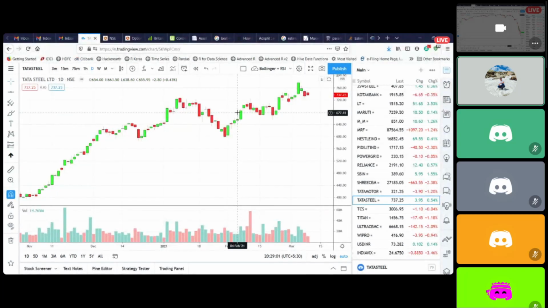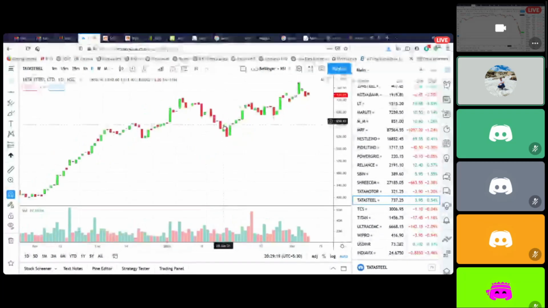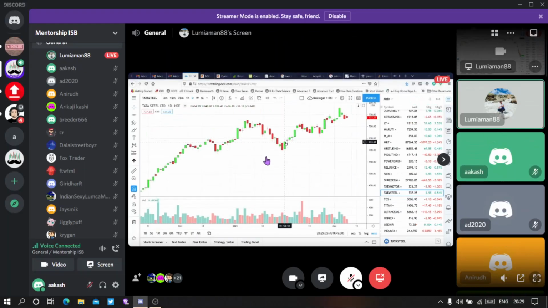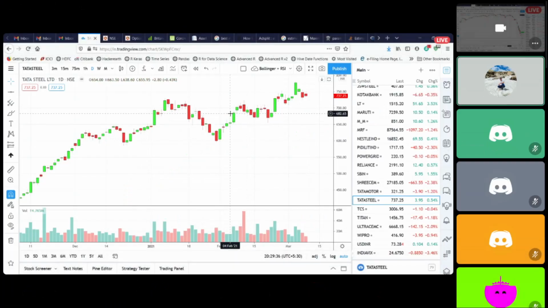That depends on how you look at it. The way I look at it is that for this position, I had a stop loss of only 5 to 6%. For this position here, now I have increased my stop loss to 15%. So my average stop loss became 10%. I'm not comfortable taking a 10% stop loss on my average position, so I wouldn't add it later on. Managing the risk is the first and foremost thing in any trade that you take. Here I see my risk to be minimal, 5-6% risk only. A beautiful green candle at the previous support zone. Here my risk is very, very different.